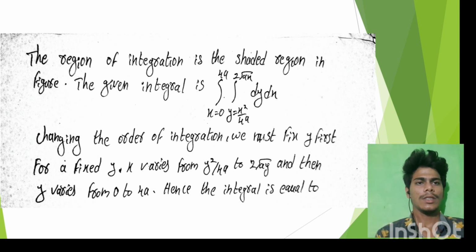The given integral is integral x equals 0 to 4a, integral y equals x square by 4a to 2 root ax, dy dx. Changing the order of integration, we must fix y first. For a fixed y, x varies from y square by 4a to 2 root ay, and then y varies from 0 to 4a. Hence the integral is equal to,